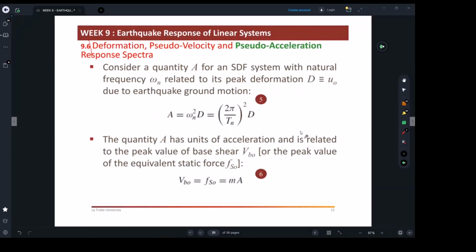Now, if you need to go further and find your acceleration, pseudo acceleration response curve, you're going to be applying this equation, which comes from double integrating the displacement, or double differentiating. This depends on which way we're going. So if you differentiate displacement, you will have velocity. If you differentiate,